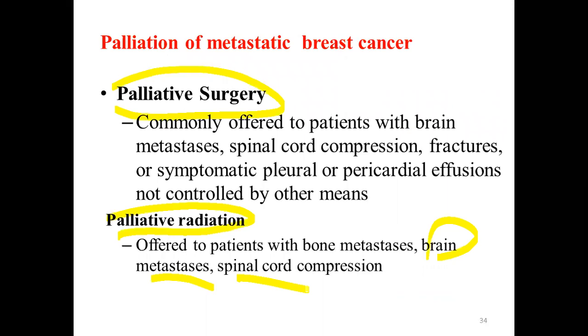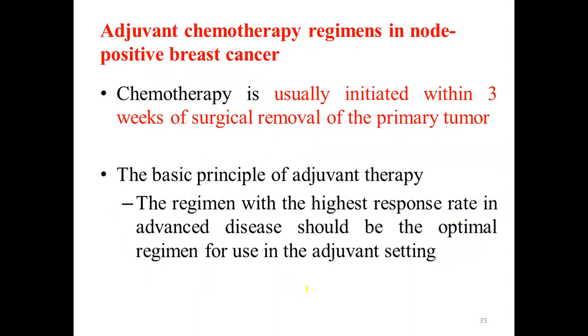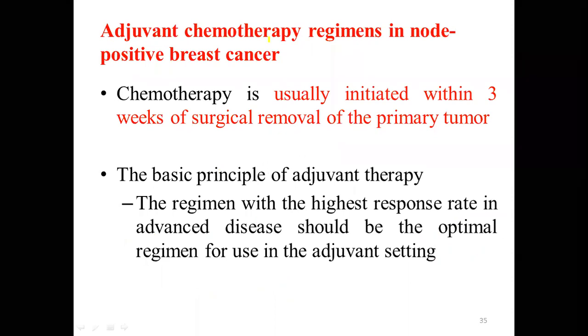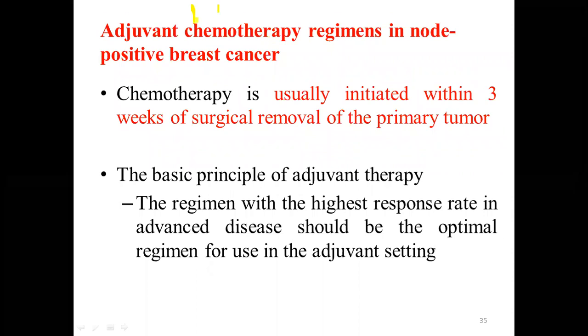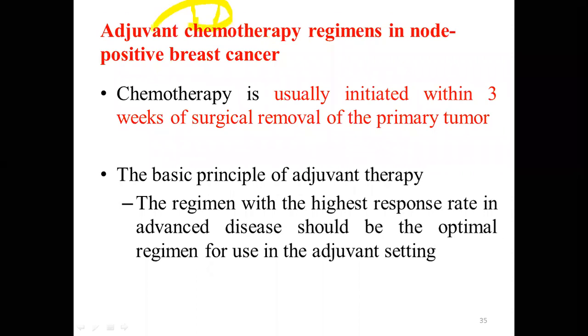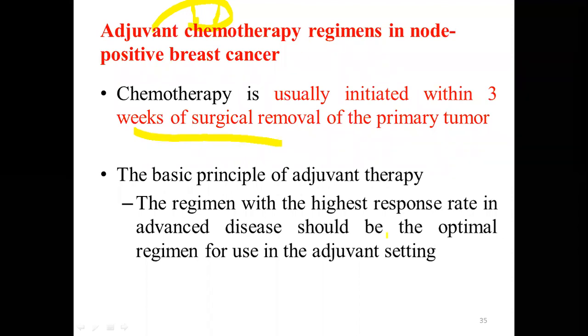So still the treatment is palliative. Now I'm taking you through the chemo regimen. So what are we going to use? What are the regimens we are going to use in adjuvant setting? In adjuvant setting, remember, we consider chemo only when the patient has stage 2 disease. The recommendation is within 3 weeks of treatment or surgical removal. Now that is when you are going to consider the chemo regimen.